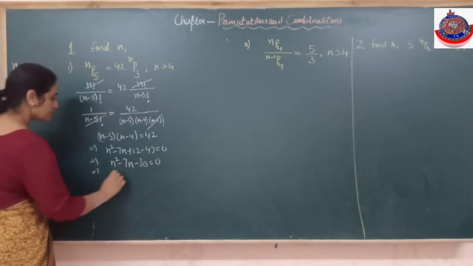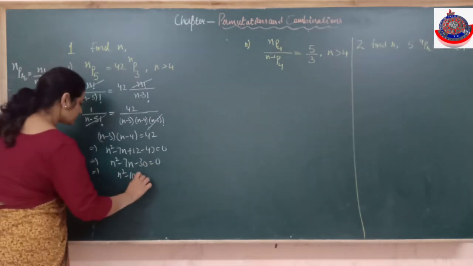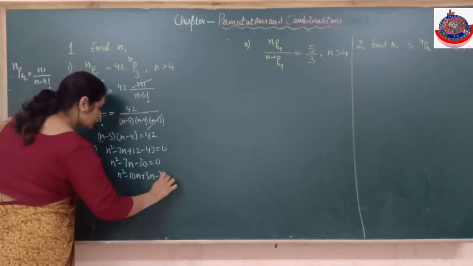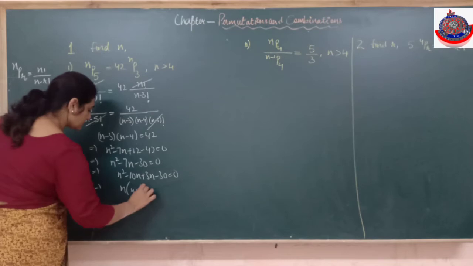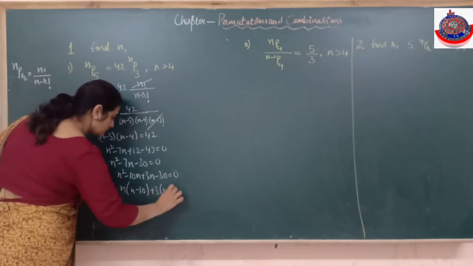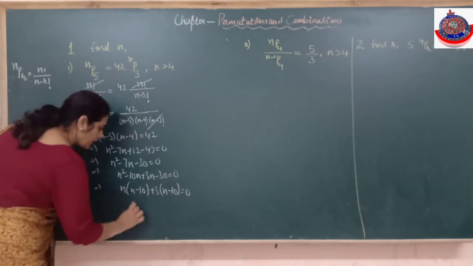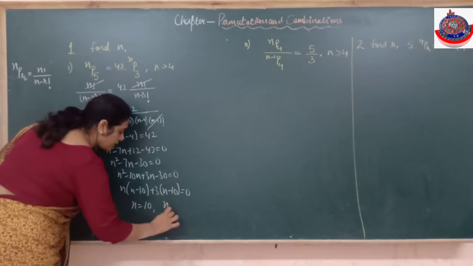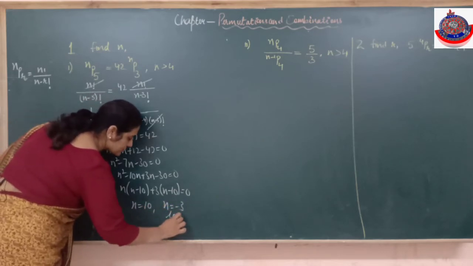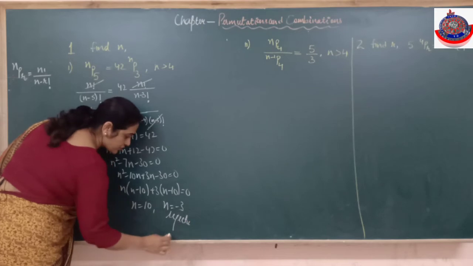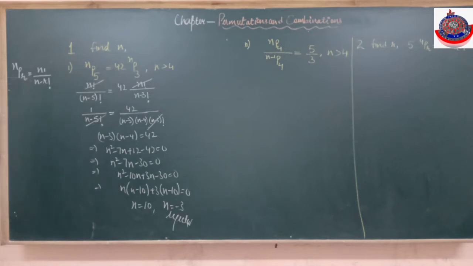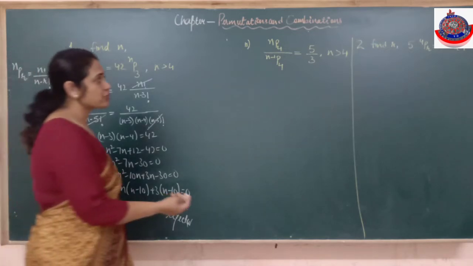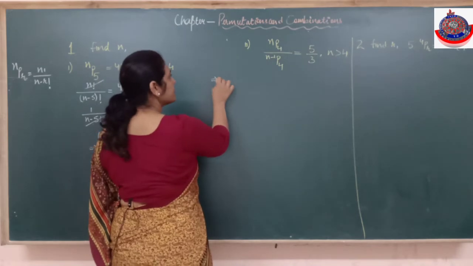So factors. And 10 and n minus 3, we know that n cannot be minus 3, negative and fraction, so this is rejected. So n is equal to 10. Clear? Everyone? Very, very easy. Now pick up the last one. It's the second part of it. It's the same thing. I'll solve it.